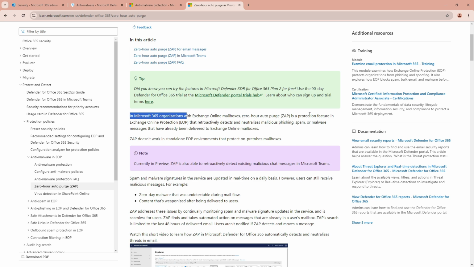Zero-hour auto purge is a protection feature in Exchange Online Protection that proactively detects and neutralizes malicious phishing, spam, or malware messages that have already been delivered to Exchange Online mailboxes. So you can see that this particular one is very, very important. Which means that if any malware is sent to a user and already is being delivered, if you enable this zero-hour auto purge, it will go